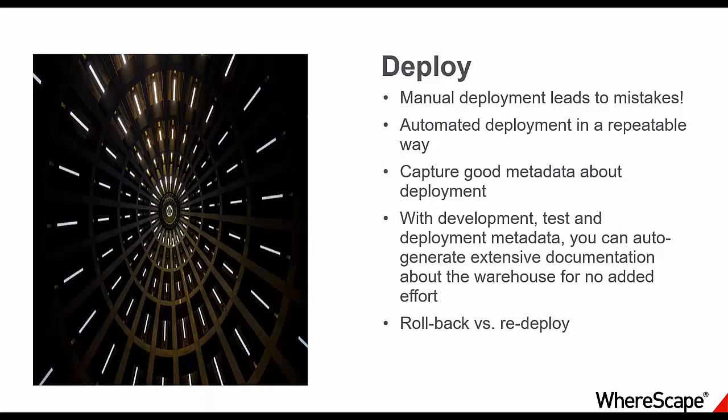You miss items to deploy, you forget a stored procedure, you forget an index, you forget a lot of the ancillary things that go with your data warehouse development. And so you get mistakes. And in an enterprise world, you don't want to be constantly redeploying into production to cover your deployment mistakes. So automated deployment is where you want to get to. Something where you can say, this is what I have worked on, everything I have touched, it is packaged, it's ready to deploy. I can deploy that either command line or through a wizard. It deploys in a way that doesn't break existing processing,